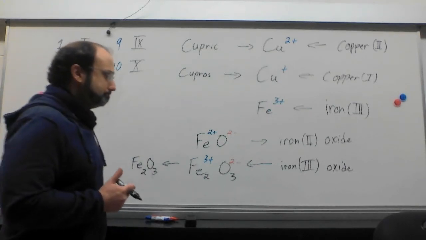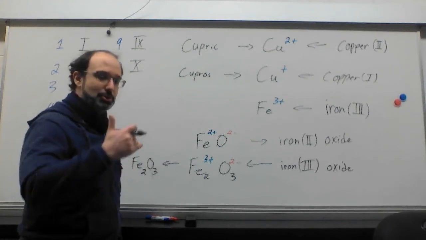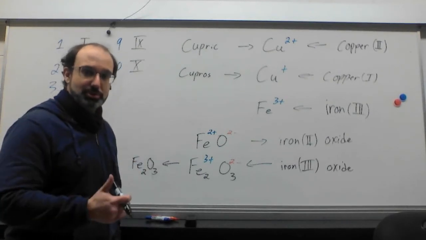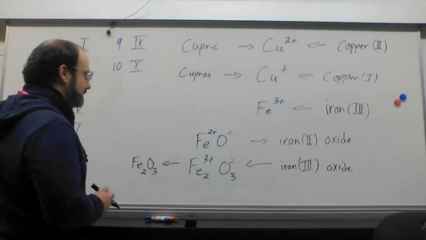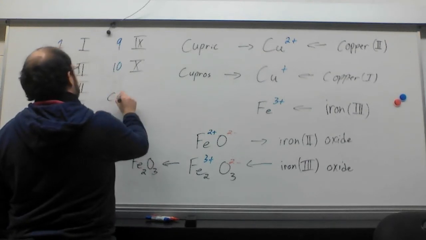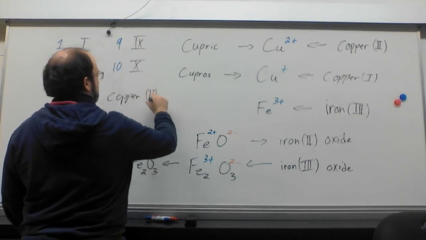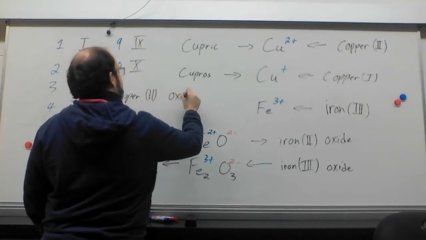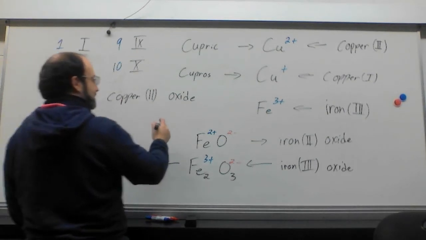Anyway, that's it for the stock naming system. It's very straightforward. It comes down to you naming the thing you're using. There's just one little problem that most students run into, is that, let's do another one. Let's say I go with copper 2 oxide. A common thing that I will see students do is that they will go